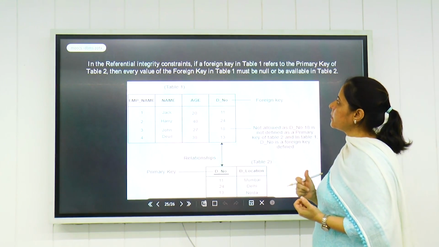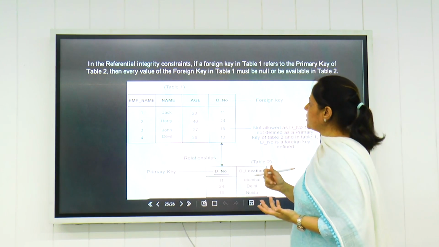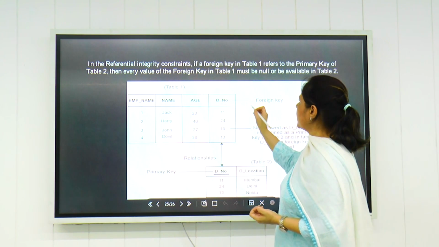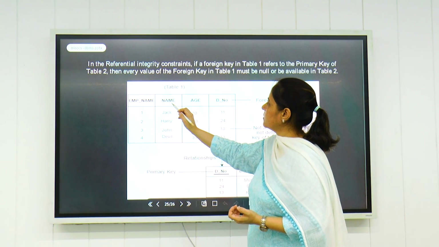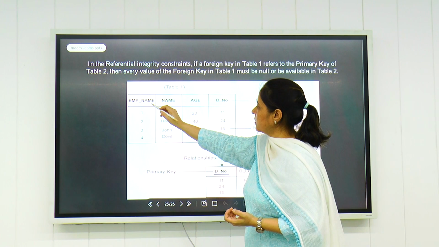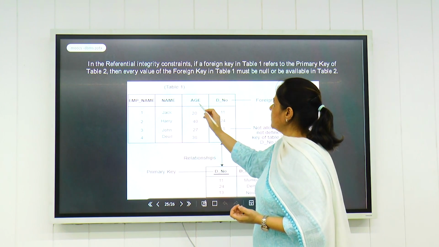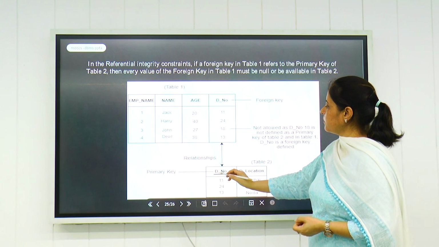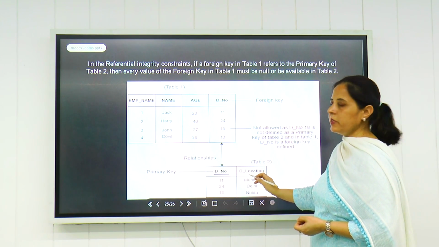If you see in this particular example, we have referential integrity. There are two tables, table 1 and table 2. Table 1 has employee ID, the name, age, and the department number. And table 2 is the department table, which contains department number and department location.